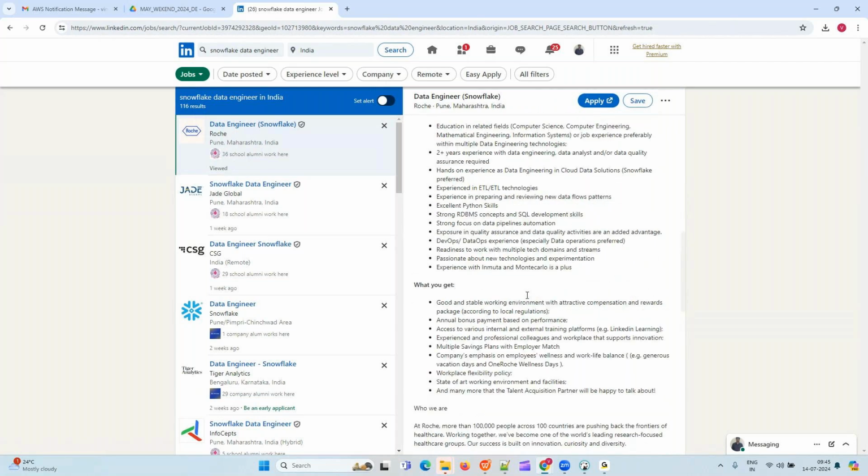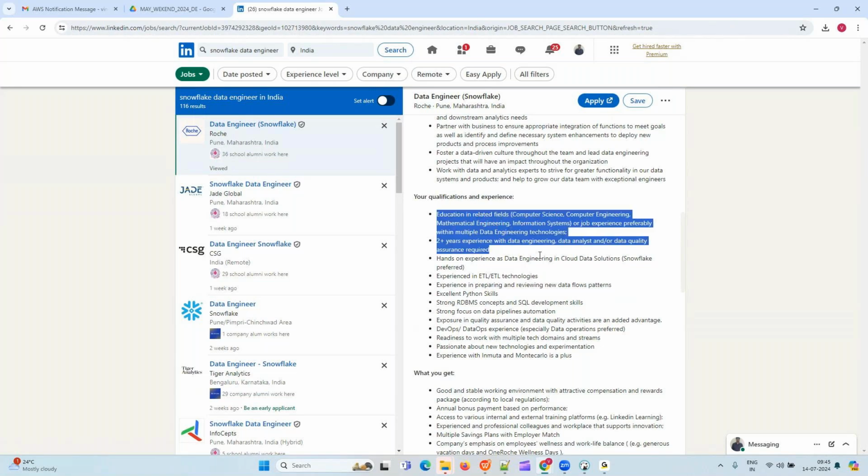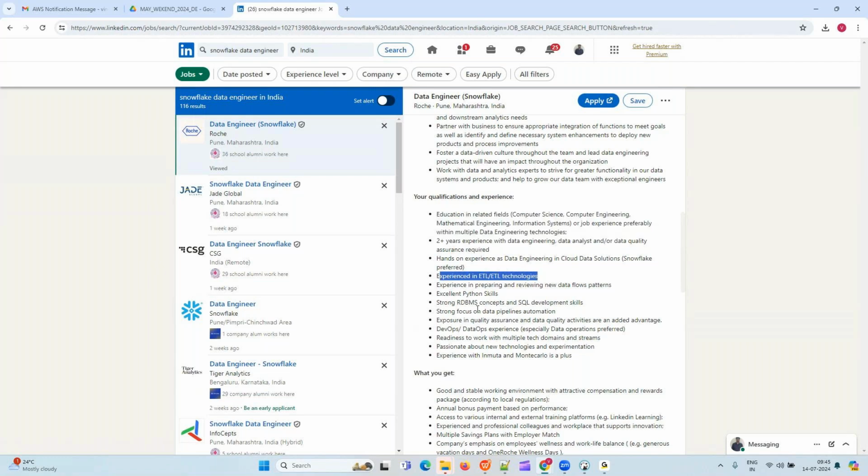Okay, so they're asking for 2+ years of experience with data engineering, data analysis, data quality, experience in ETL and ELT technologies, and they're asking you to know about SQL, right? So these are different kinds of technologies here.